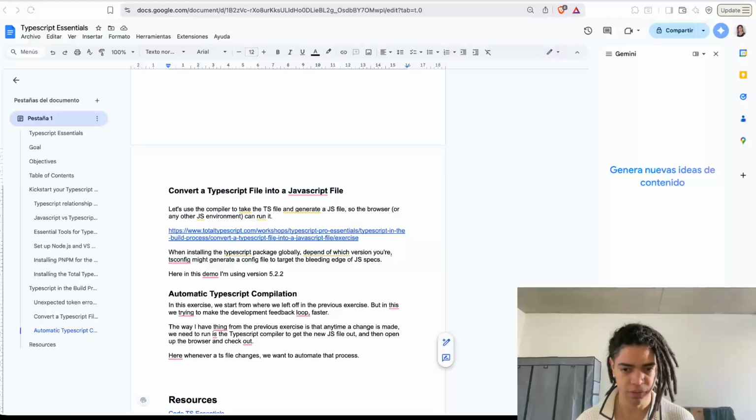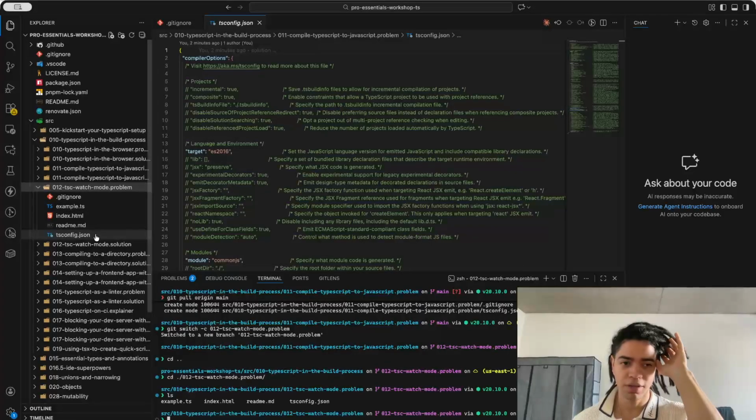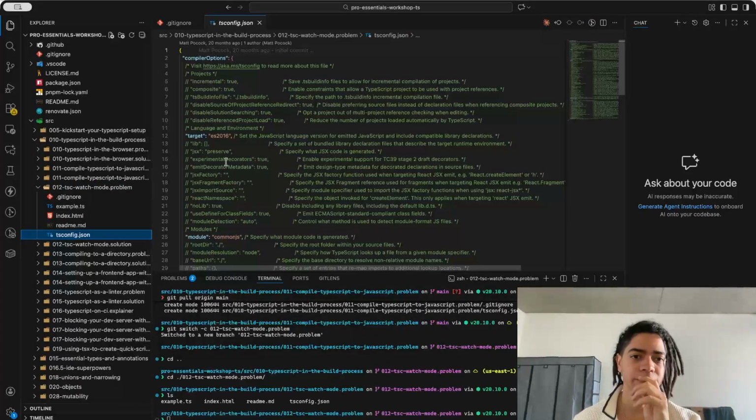Okay, with these new changes, I do want to navigate to 012, the DS watch mode problem. Here, now that I do have, that's right. You look at that. So now that I do have here this config file that was generated for me,